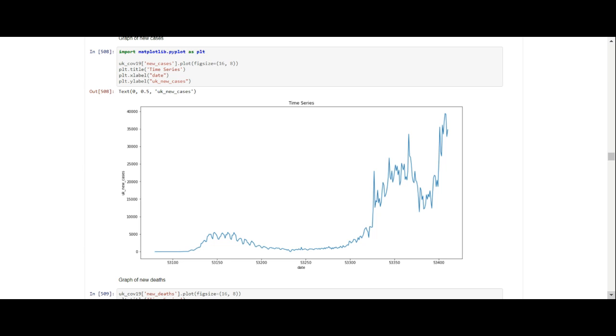The reason for that is that COVID-19 has mutated. The mutation has come out of London, and because of that we've got a lot of cases.